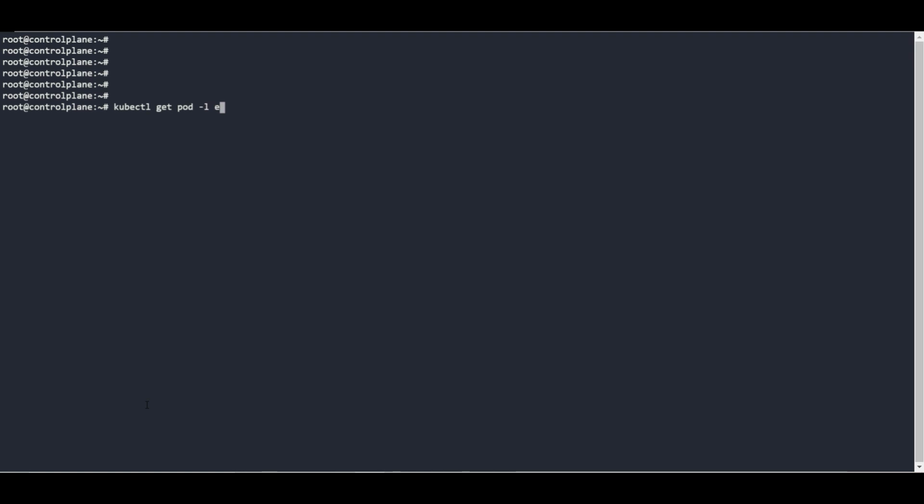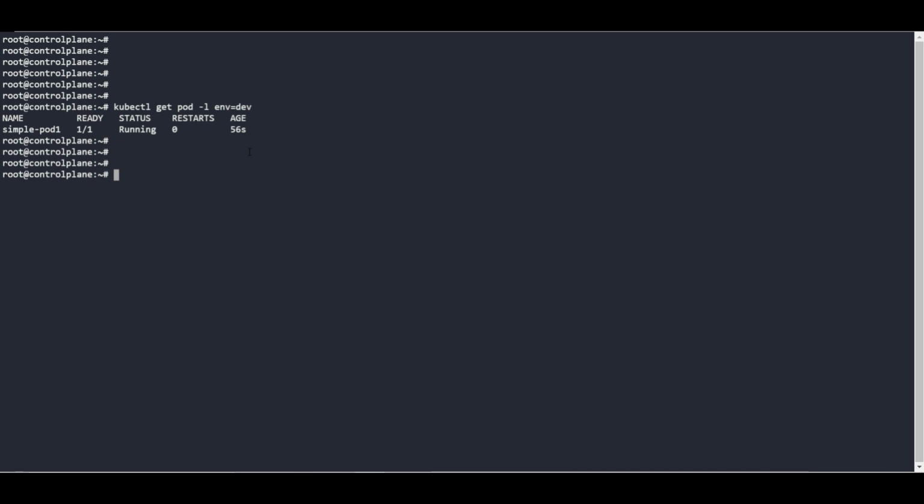We have environment equal to prod or development, I forgot, I think development. So I am using the selector and fetching the pod by using the label selector, environment equal to dev. So in this way you can create it, but there is one disadvantage: